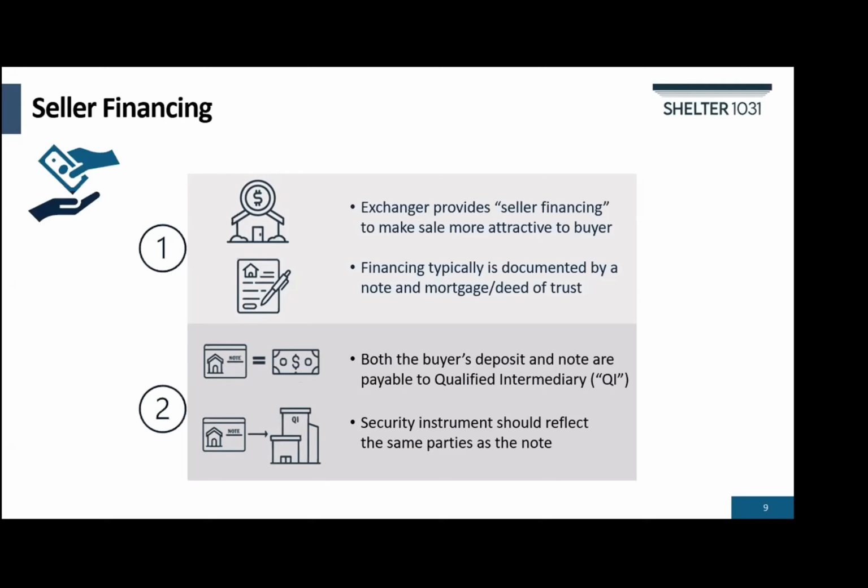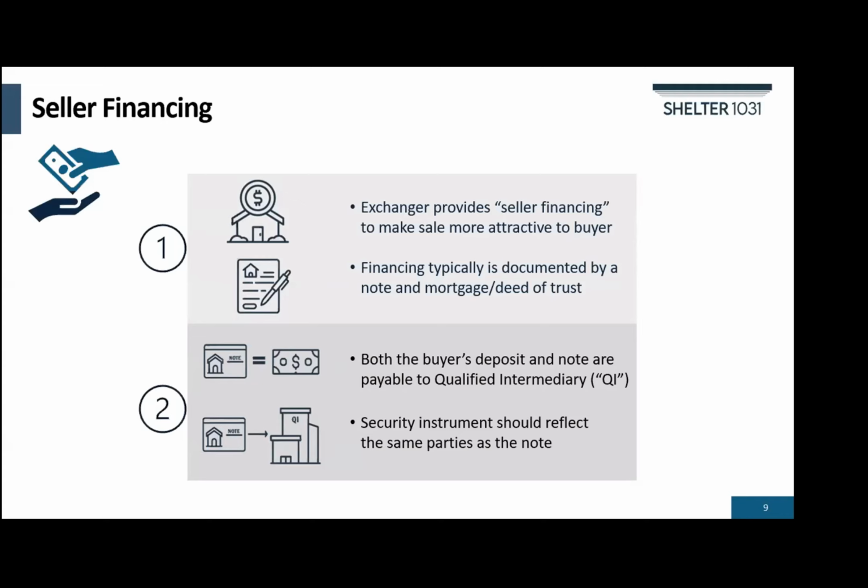Which brings us to combining seller financing with a 1031 exchange. If you have the resources to fund your buyer's note, you can achieve both an attractive option for your buyer and defer or avoid capital gains taxes. The first step for a seller finance 1031 exchange, after finding a willing buyer and negotiating the loan terms, is to draw up a note secured by a deed of trust, just as a bank would do.